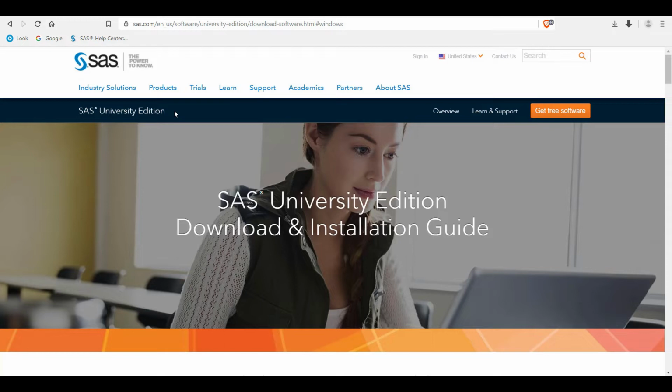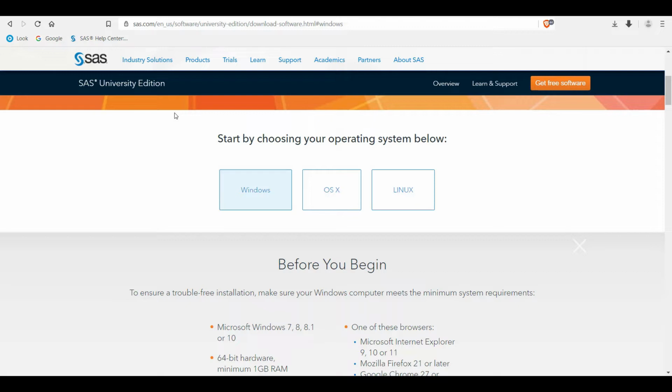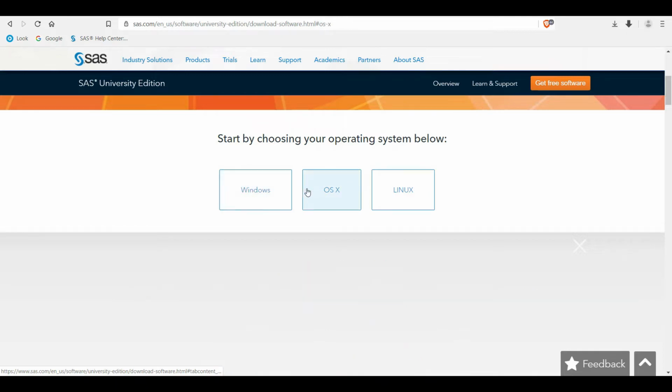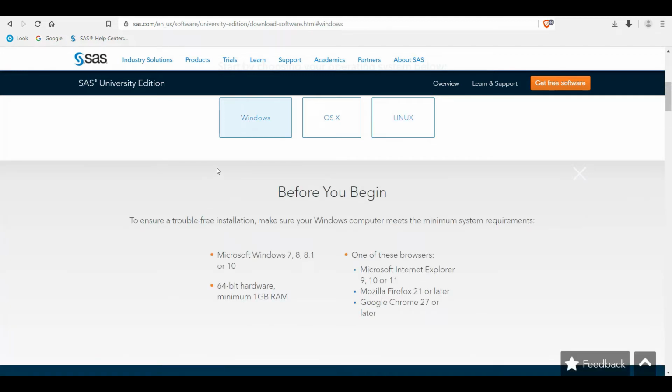So let's just scroll down a little to these boxes here. It says start by choosing your operating system. So which operating system are you running? Are you running Windows? Are you running Mac OS? Are you running Linux? If you are running Windows, it is already selected in light blue. If you are running Mac OS, you select it. If you are running Linux, but now, assuming you run Windows, you select it,